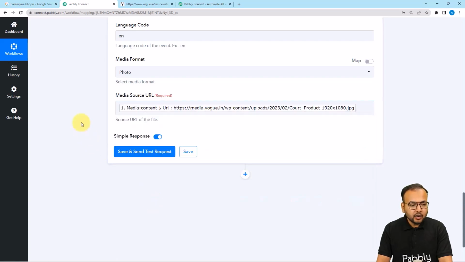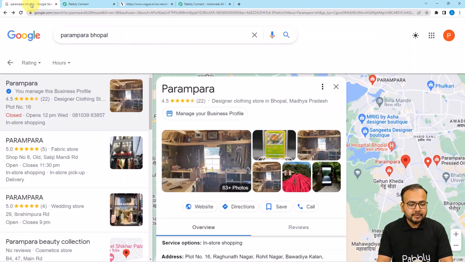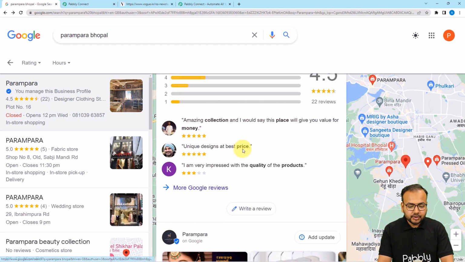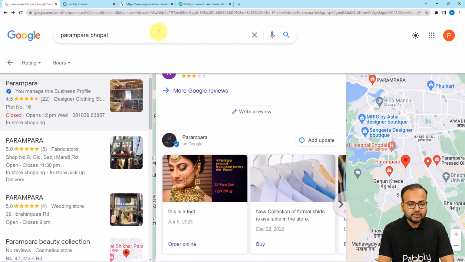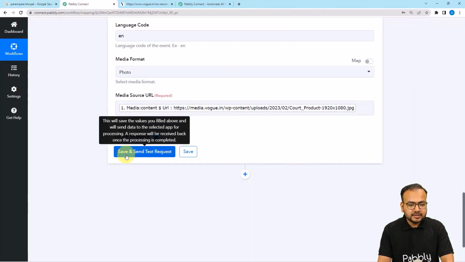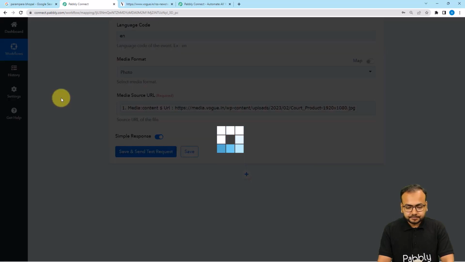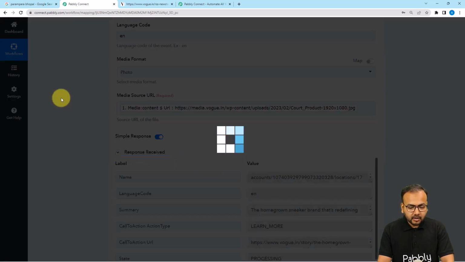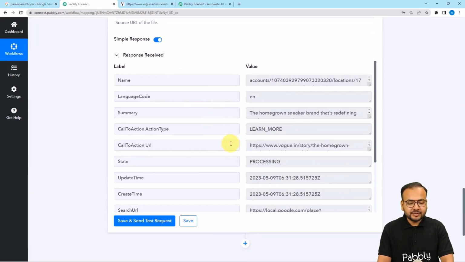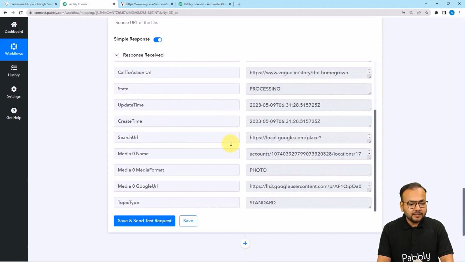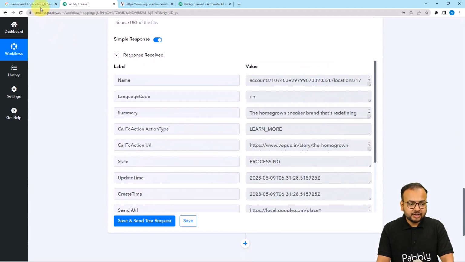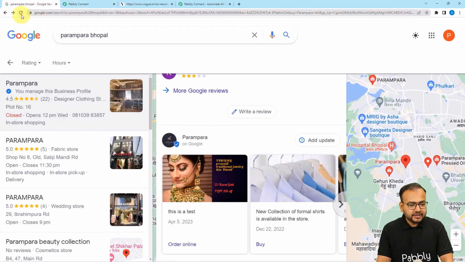Okay, now you can check your connection with your business page by clicking on save and send test request button, and a post will be created here. Let me show you. Here are the posts you can see. Let me just click on save and send test request button. All right, and here you can see we have received this response. Okay, so a post will be created. Let me just check. I'm going to refresh this page,